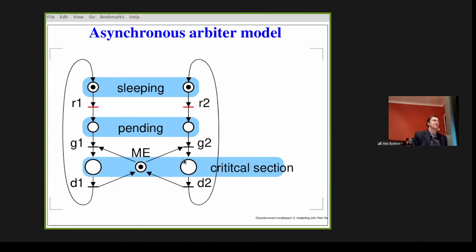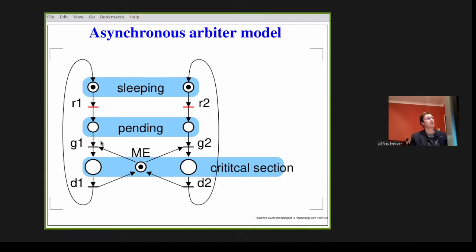Now, how does it work? The request fires, and then the token is here, and we are about to fire the transition known as grant. Grant means that you're allowed to start printing your poem, right? And D for done. Done is needed. Why is it needed? Because once we have finished accessing the resource, we need to tell the arbiter that I'm done. So the second party could operate. Therefore, it is request, grant, done, arbiter.